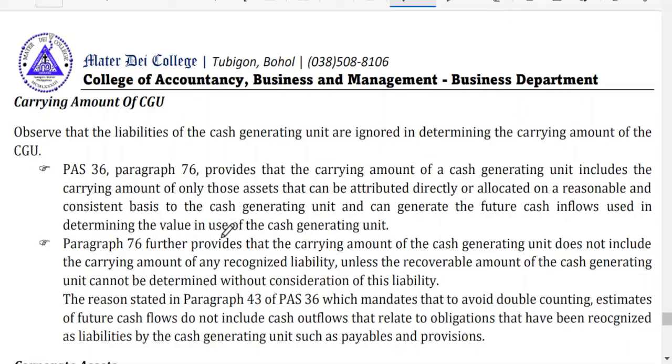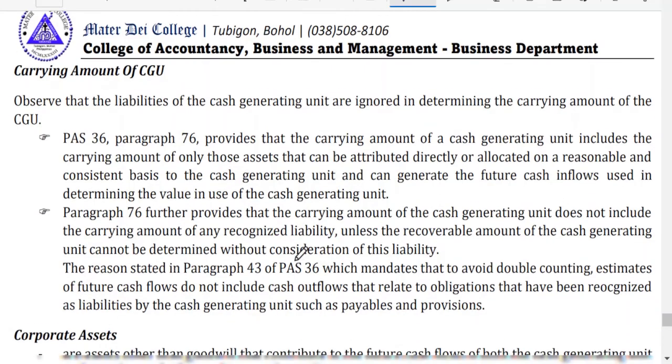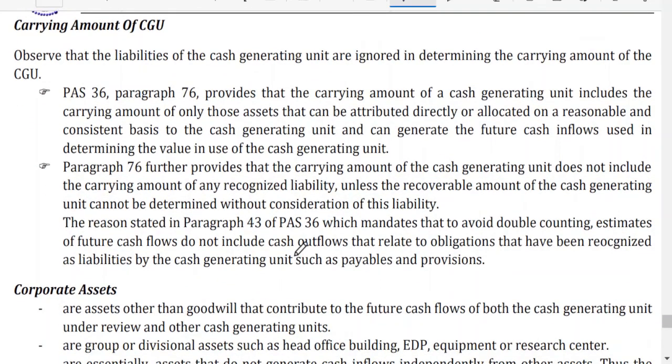In such sense, di ba? Only those that can produce benefits. So, ang katurang assets may makaproduce og benefits. That's why only the assets were included in the determination of the carrying amount as well also on the value in use. Paragraph 76 further provides that the carrying amount of the cash generating unit does not include the carrying